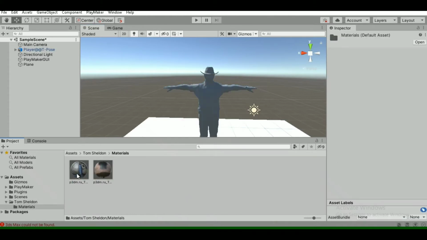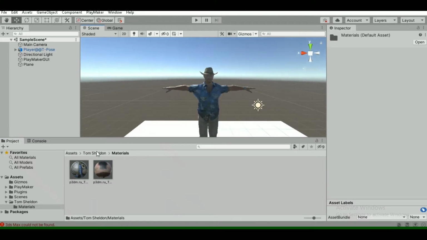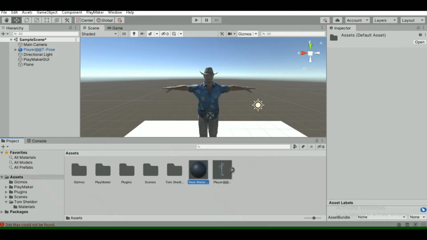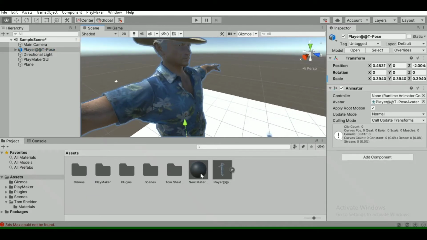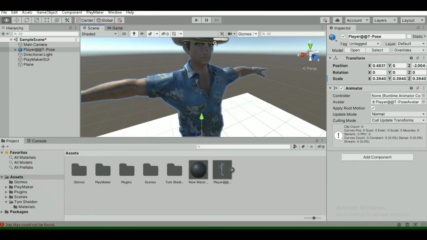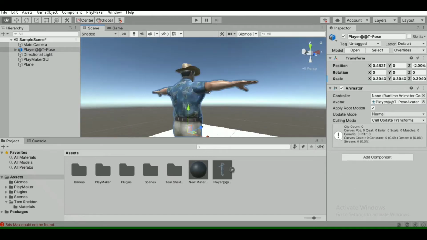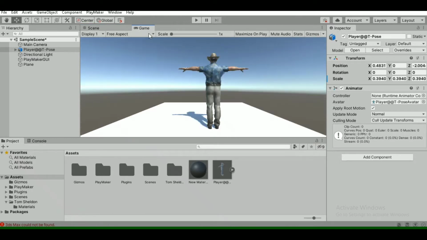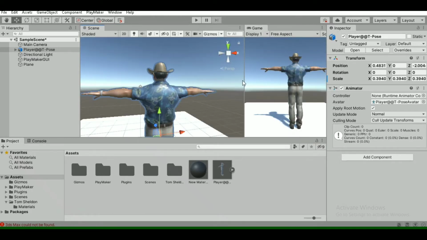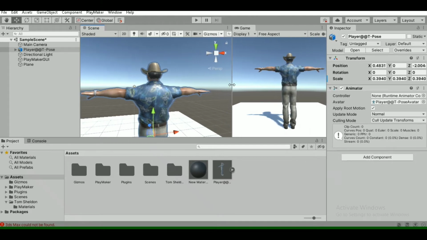So it's the shirt, this is the face, and for the hair, just select and zoom in on this place. Okay, so our character is ready. Let's see the game view. This is the game view. It's quite nice.